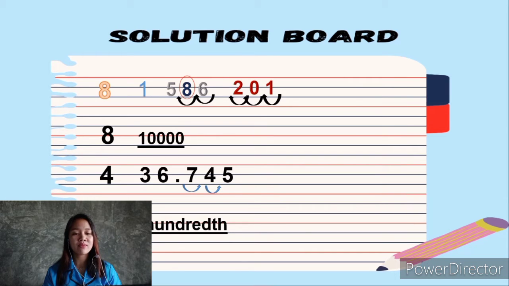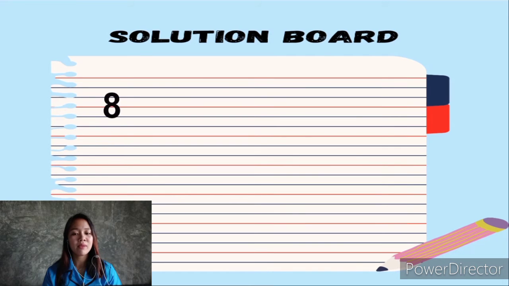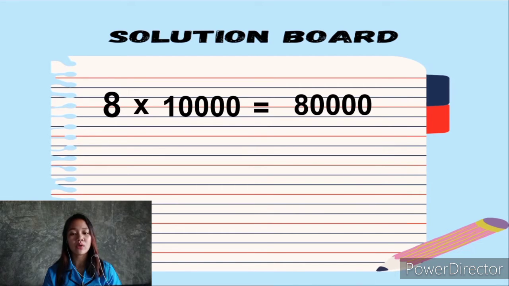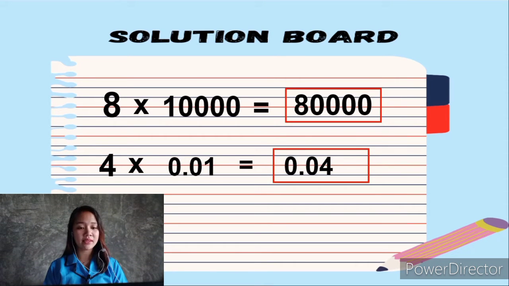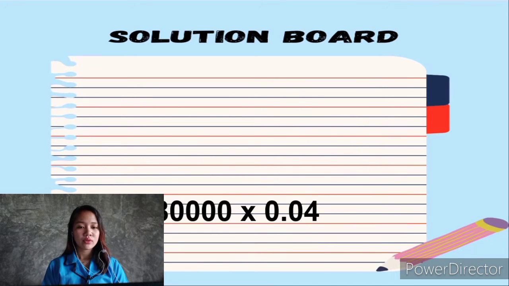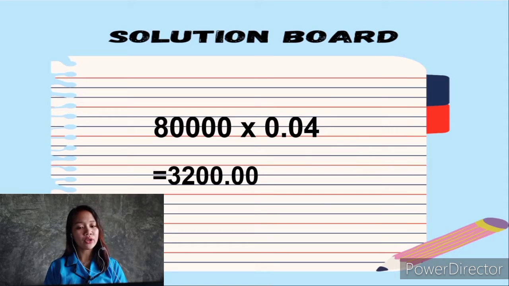So, balikan natin yung place value ni 8, which is 10,000, tsaka yung value ng 4, which is 100. Ang kailangan natin gawin is, imumultiply yung 8 kay 10,000. So, 8 times 10,000 is equals to 80,000. Then, 4 times 0.01, which is 100, is equals to 0.04. Kailangan nating i-multiply si 80,000 sa 0.04. So, 80,000 times 0.04 is equals to